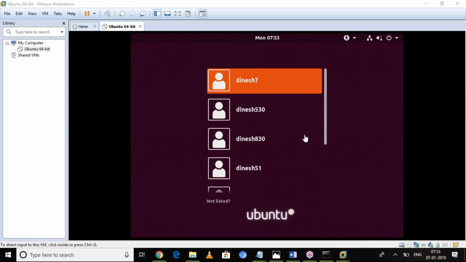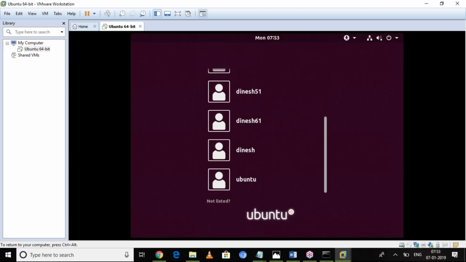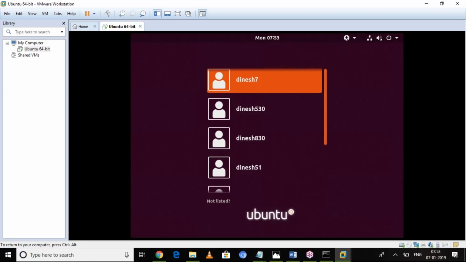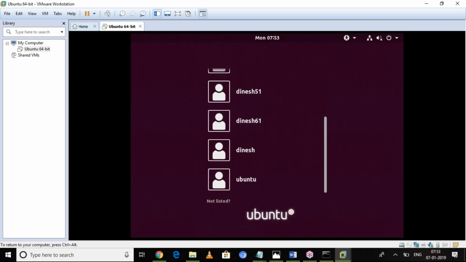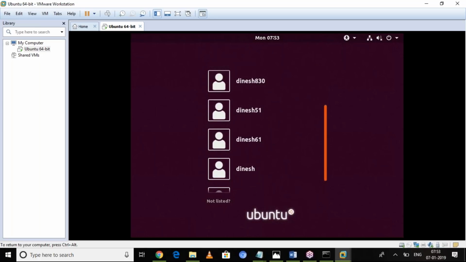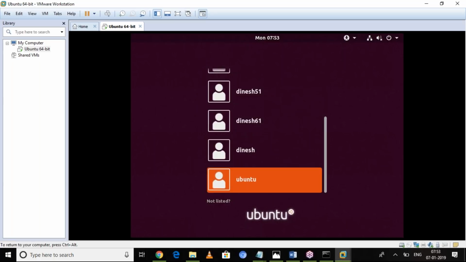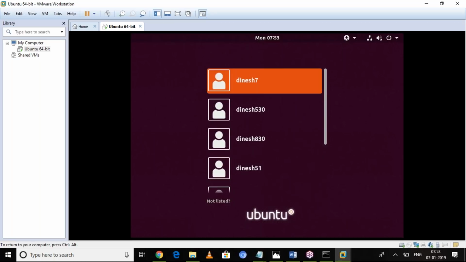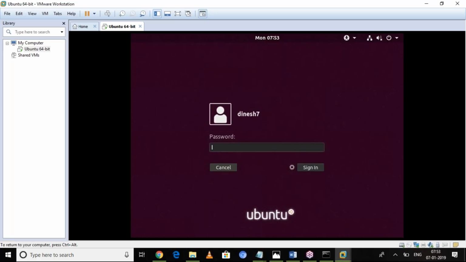Yes, guys. Once it is ready, it is showing the list of user accounts available in your Ubuntu. Here, I want to connect as Dinesh 7. The password is welcome 7.